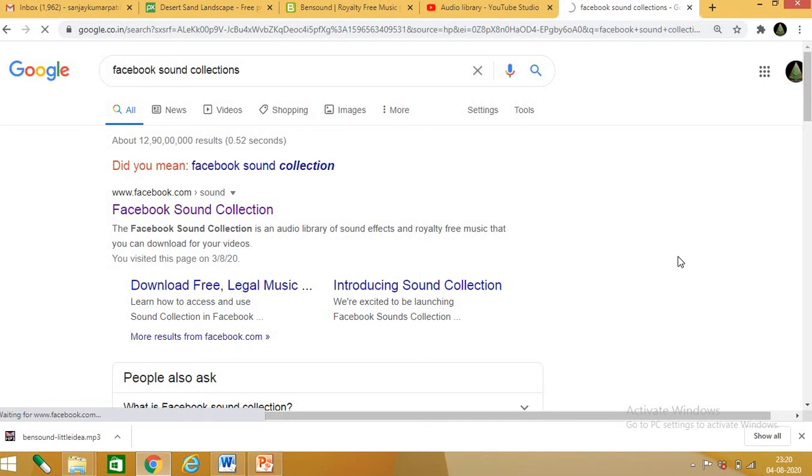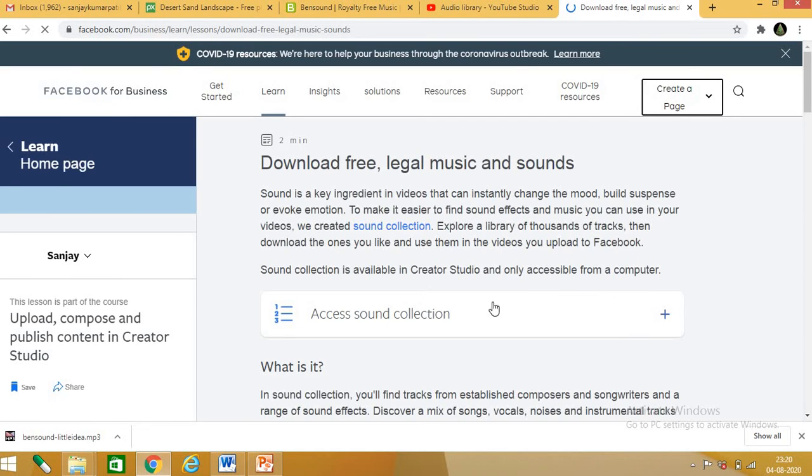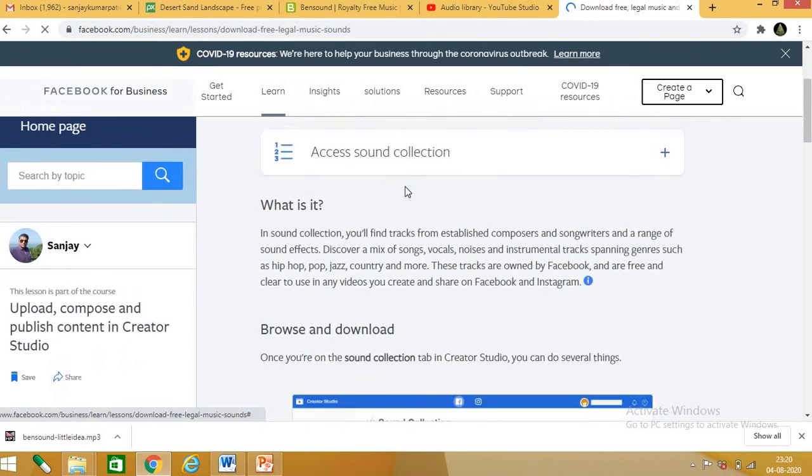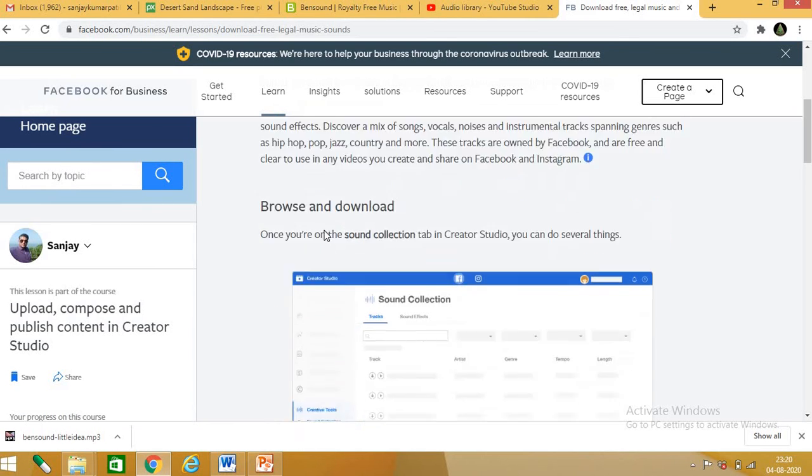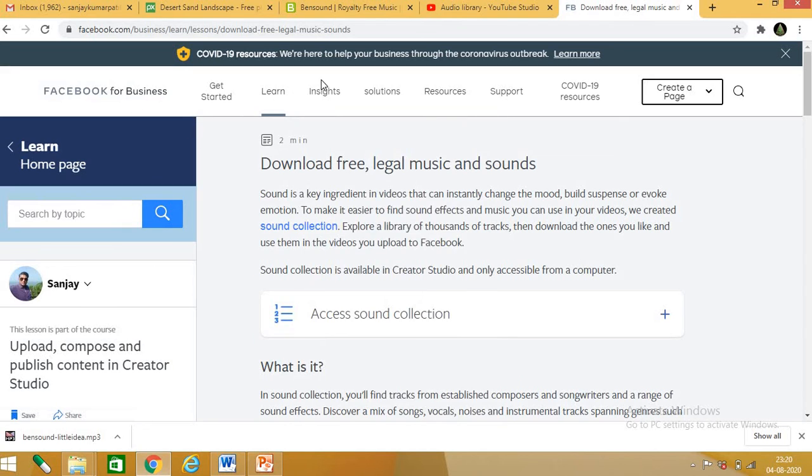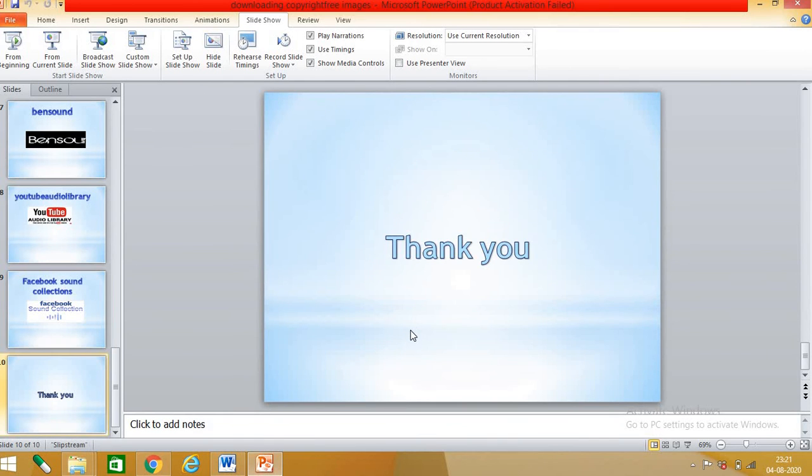Download free sounds. So here is the collection. You can download, search it. You can create your page, upload your photos, your images.